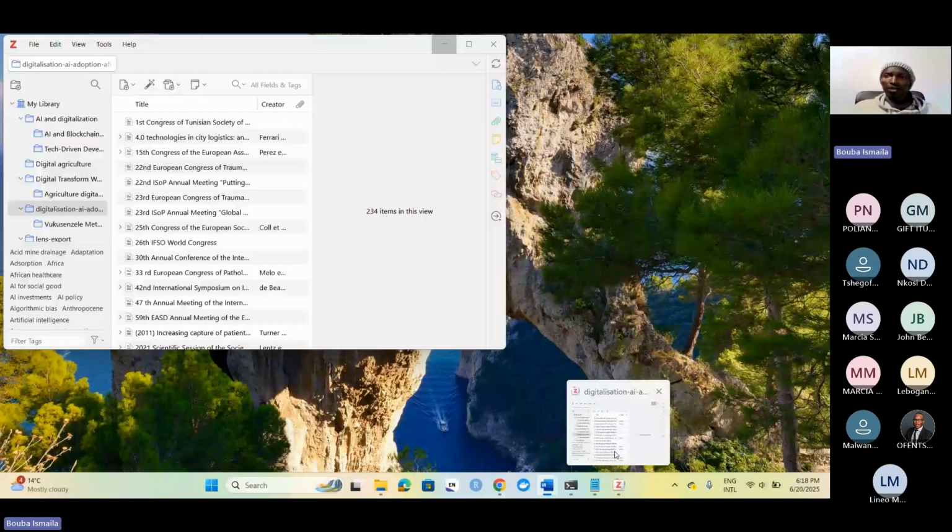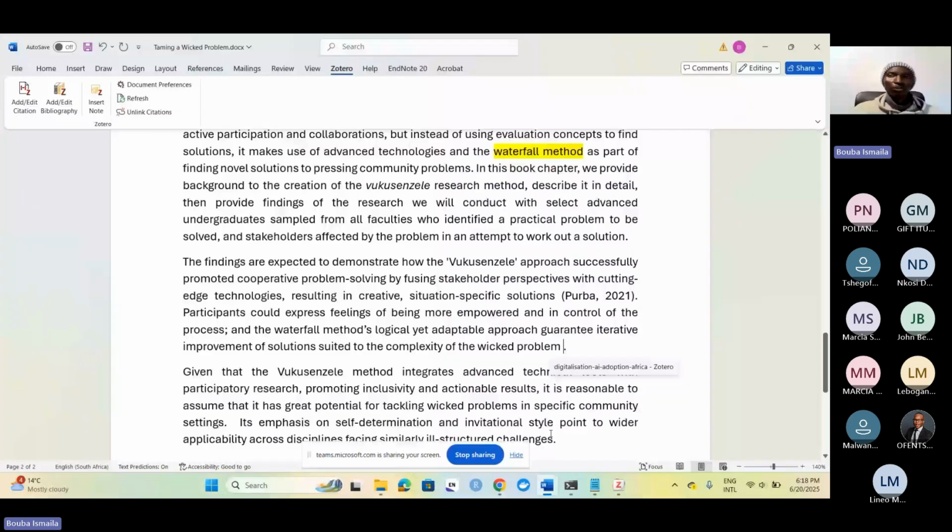Okay, so once you do it, then you will have it on your Word document here. Okay, so now once these 4 things are in place, you can start working with Zotero and your literature review